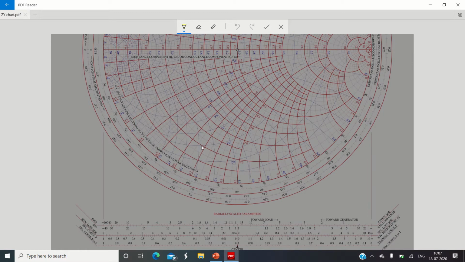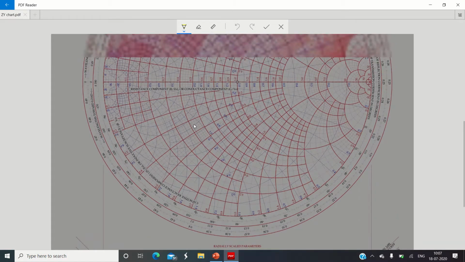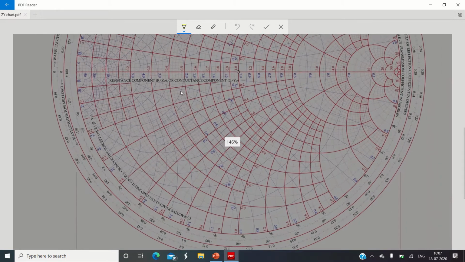Okay, and then where is the 0.4? The 0.4 circle is this one, right? So anyway, this point will get located on the downside. So I will not plot the upper half part. I will plot the lower half part of this real part. Okay, so here is the 0.4 circle, right?